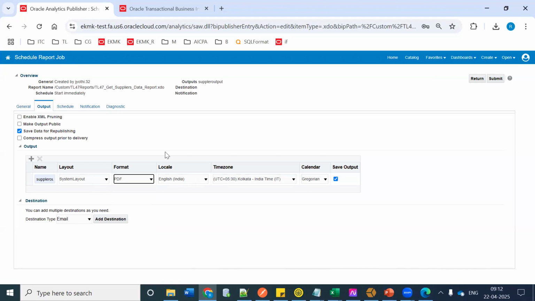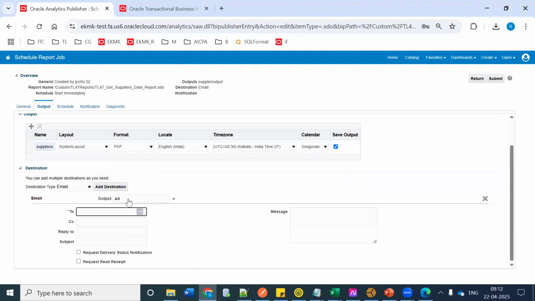For sending the output, the destinations are email, FTP, and content server. If it is email, add the destination, and the output will be added as an attachment. Something is my email ID,